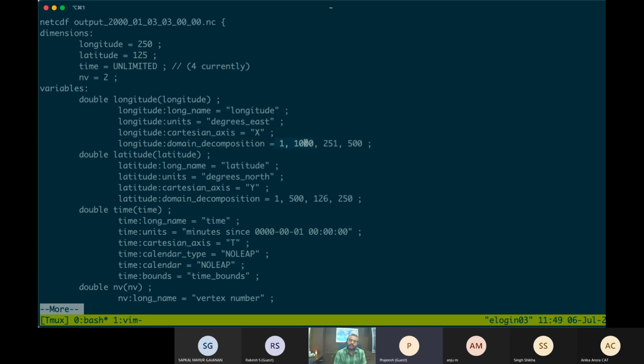This is the global domain 1 to 1000, and this particular processor is writing 251 to 500 in the X, and this is in the Y. So basically that combine program reads this information to combine it properly.